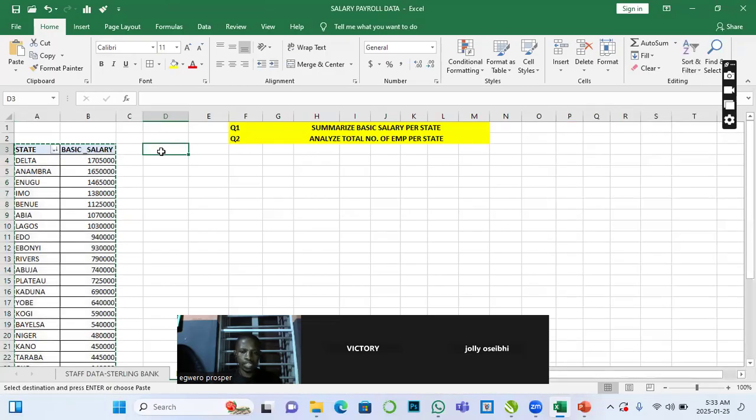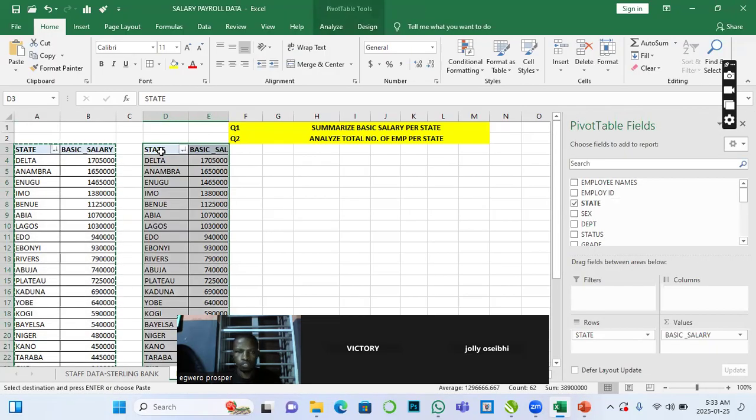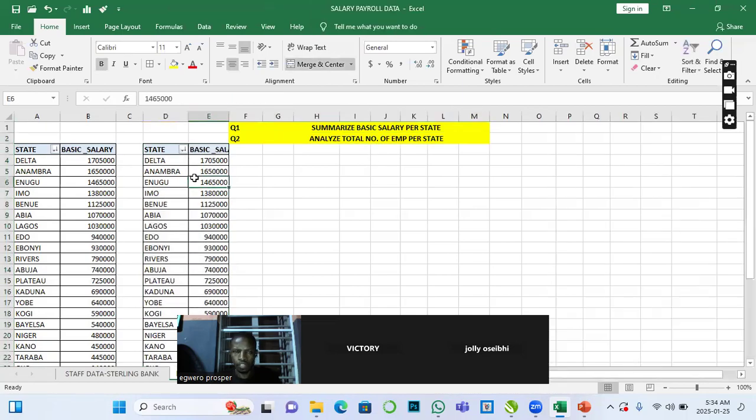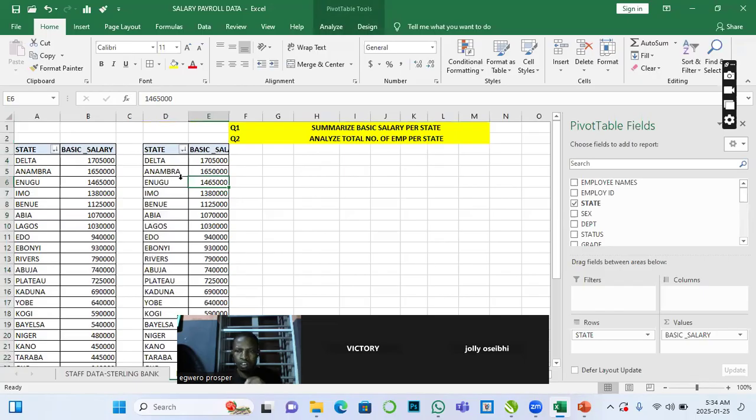So I'll paste the next one here, Control V. What I did here now, I just duplicated this model, this report. Now, my intention is to use it to answer this second question. But if you look at the second question